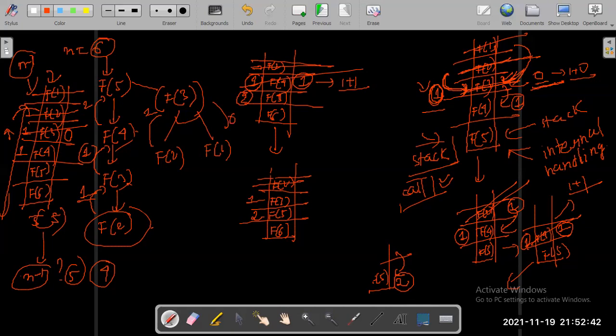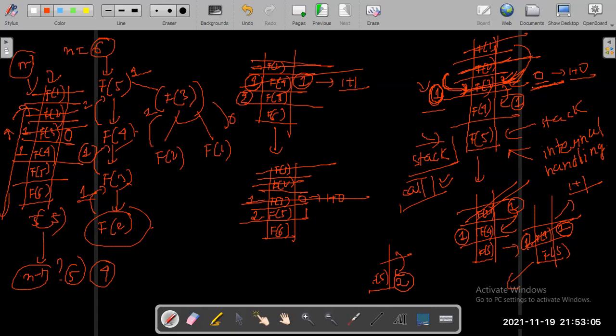And it will also get popped out. Fine, this part is done. So now f of 3 has again calculated itself to be 1 plus 0. It will get popped out and return 1 to the previous function call, right? So now it returns 1 to f of 5.